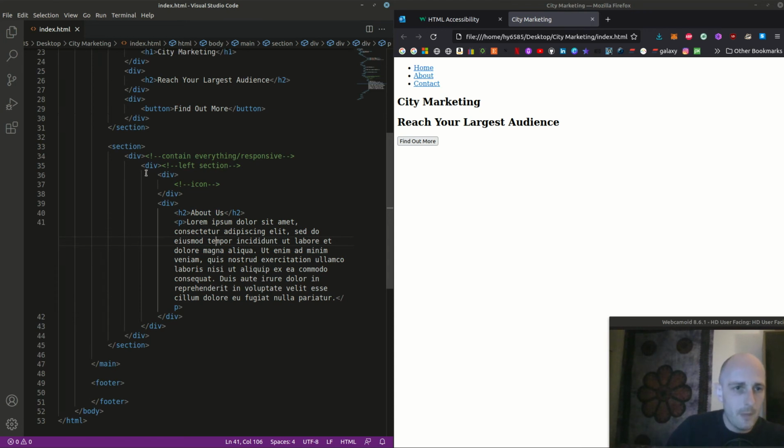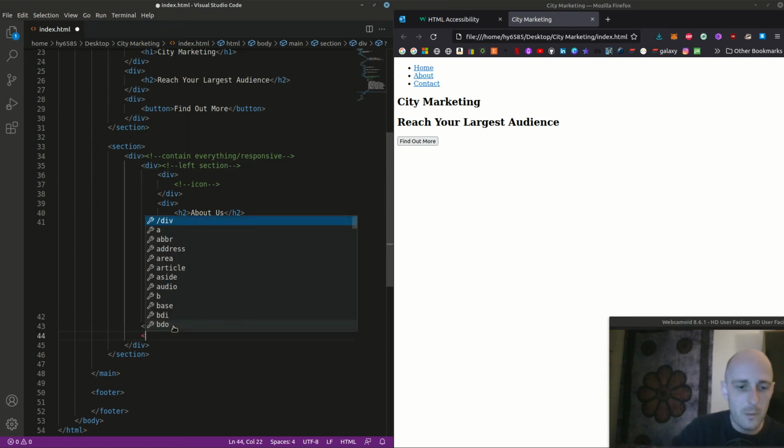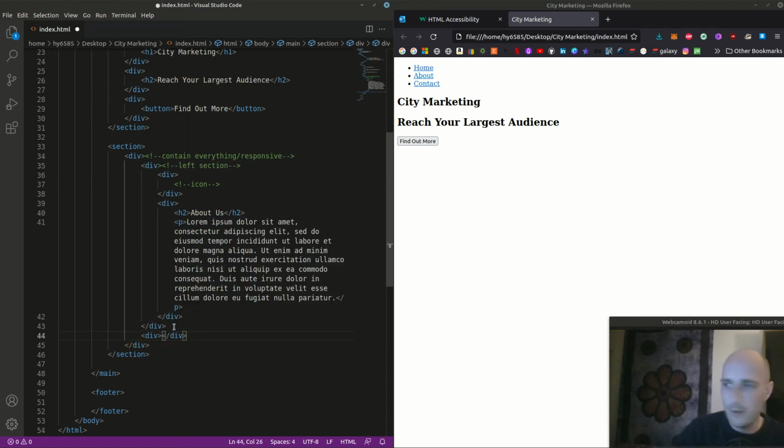Okay, so we've got this new section, which is going to be the second part of the website. And then we've got a div, which is going to contain everything in there. And then we've got one div, which is a left section. Because this div contains everything for the left, I can control one box which has got everything in there. And then below that, I'm going to do a second one, which is going to be for the right section. And at the moment for this one, like I said, I'm going to put a YouTube video in there,